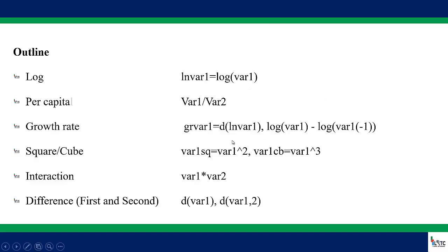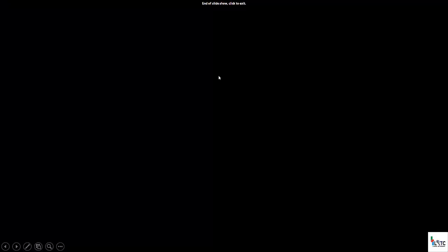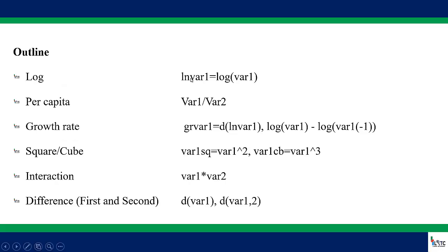In this video, I will show you how to log a variable, how to obtain or generate per capita, how to generate growth rates, square of a variable as well as the cube, how to interact two variables, and how to generate the first as well as the second difference of a variable. And to log your variable, you have the command here,